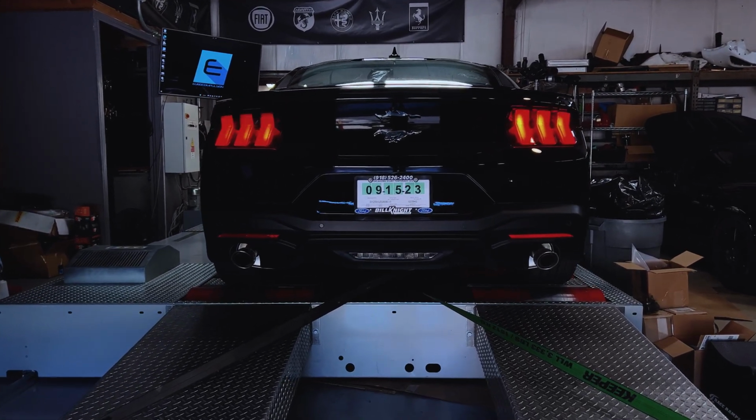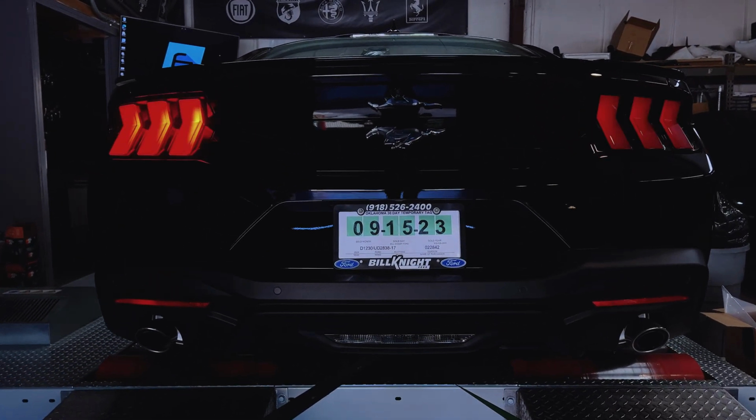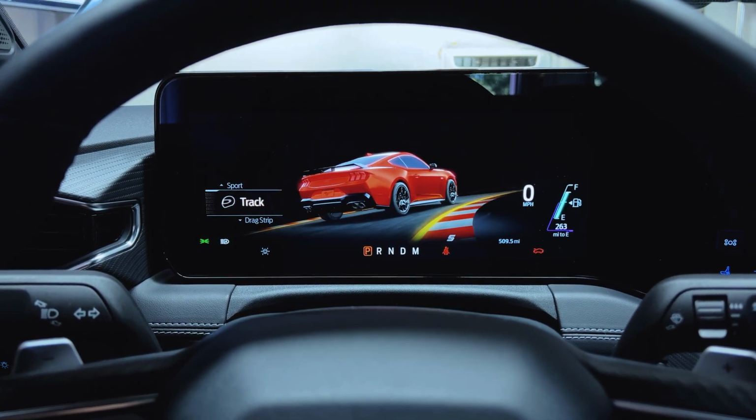We're going to match the runs as best as we can according to the inlet air temps on the dash and also the intake air temps that we're reading off of the dyno. What we're going to do is dyno each mode, the three primary modes, and that's going to be normal, sport, and track. And we also have dyno results from our 2018 EcoBoost, which we're going to compare with this